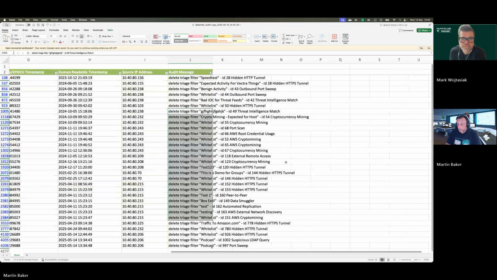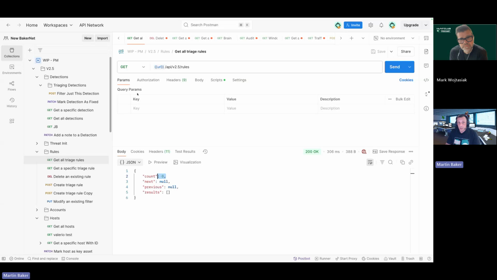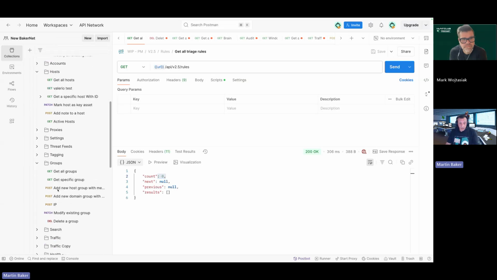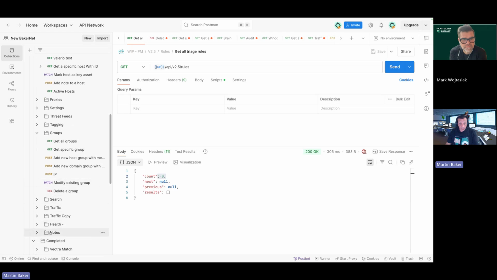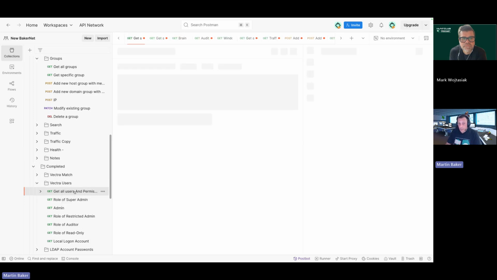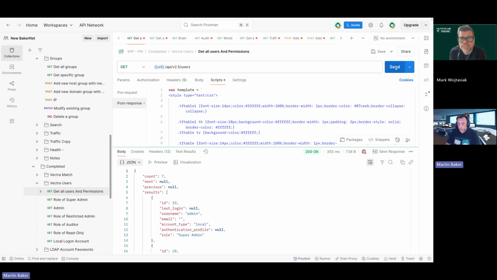Okay, cool. So what we'll do now is we're going to go back now to our Postman that we've got here. So looking down, let's have a look at Vectra users on here. Now we did see a short while ago that there's a big list of Vectra users that I had in my platform. I can't remember how many there were, but we'll find out in a very short while, we can get all Vectra users and their permissions. So we just go over to send, and we're going to do a send on here,